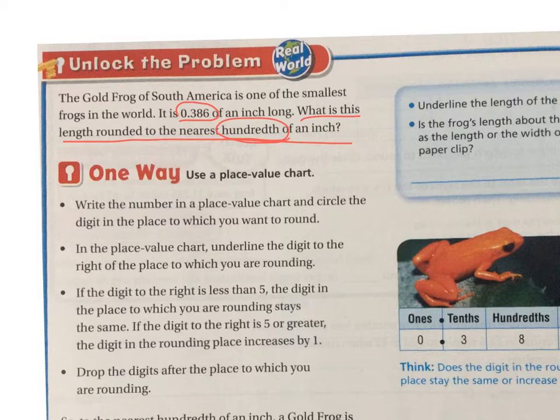Before we dive into this, I want to remind you what rounding means. Whenever you see the word rounding, or about, or estimate, I'll write it over here, it tells you that you're not finding an exact answer. You're finding an answer that's pretty close to the exact answer, but it's a number that's easier to think about or easier to work with in your head. Okay, so in this case, the exact answer we know is 0.386 inches long. But we want to round it to the nearest hundredth place so that it's easier to